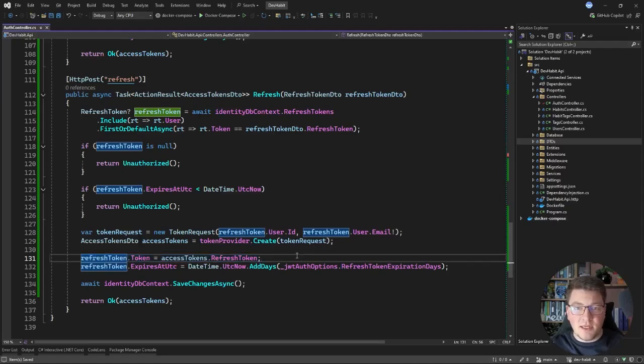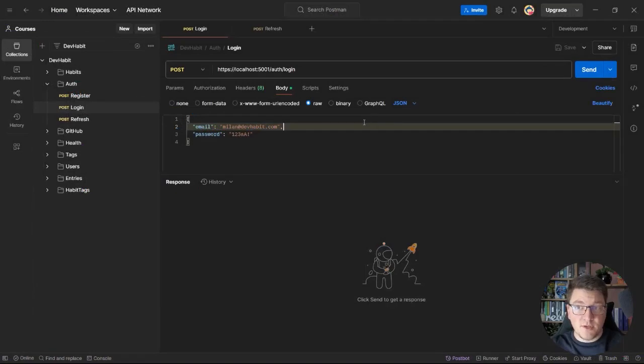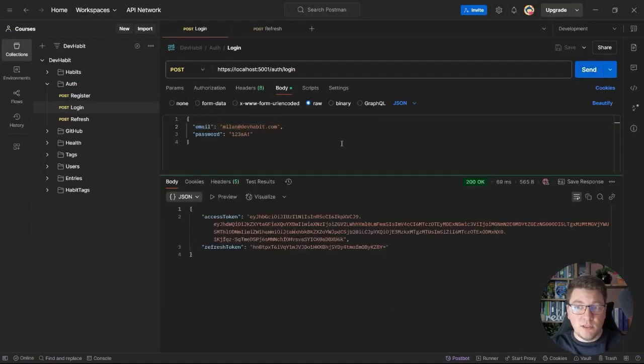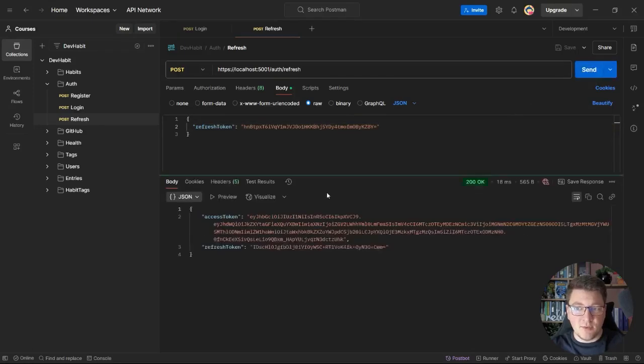Now let me start the application. This will also apply my database migration, and I can test out if this is working as expected. Let's first send a post request to the login endpoint where we will attempt to authenticate. We get back an access token, the same as before, but now our response also includes a refresh token. We can use this refresh token in the refresh token request, which I also have as part of this Postman collection. And if I replace the value here and send this request, I will get back a new access token with an updated expiration time and a new refresh token